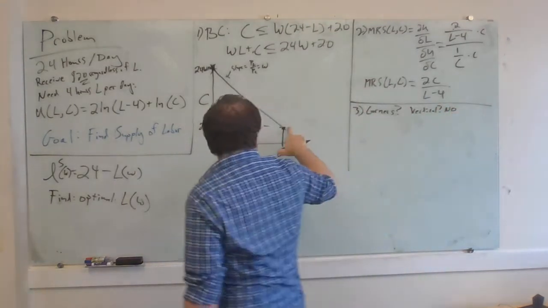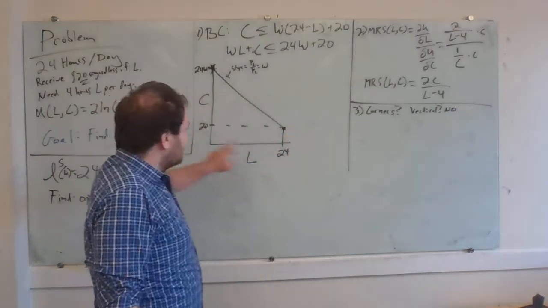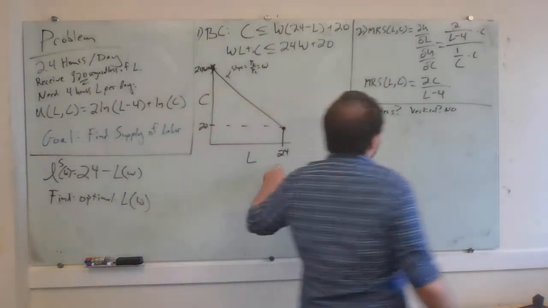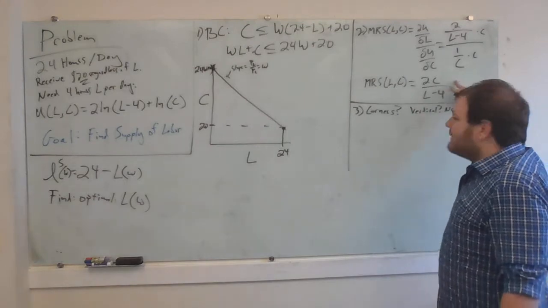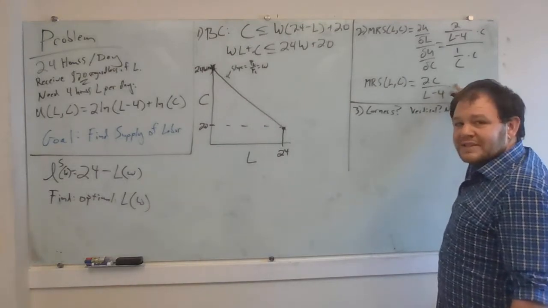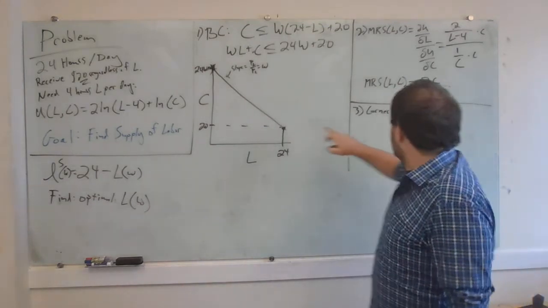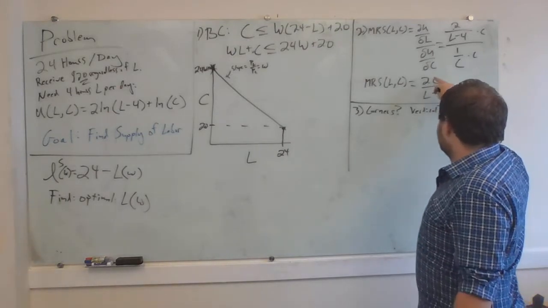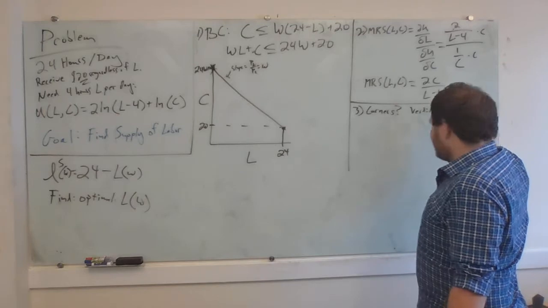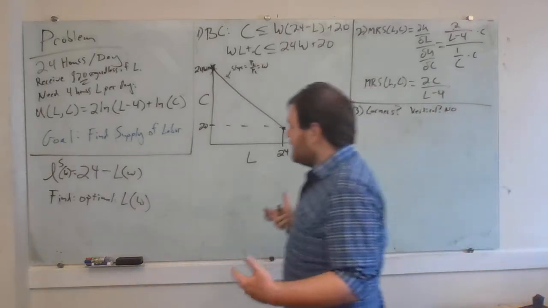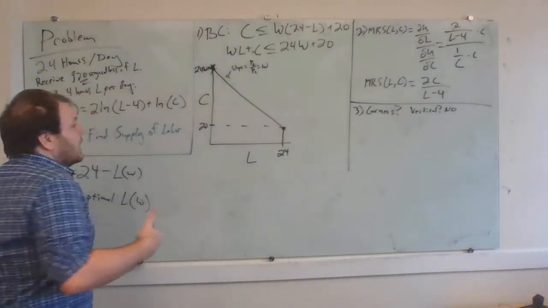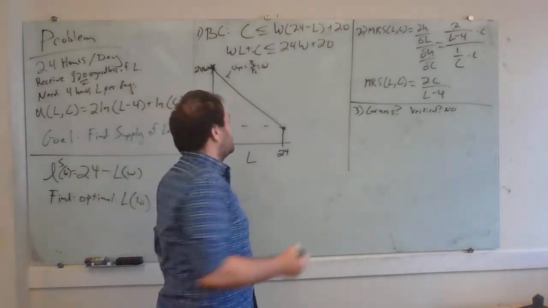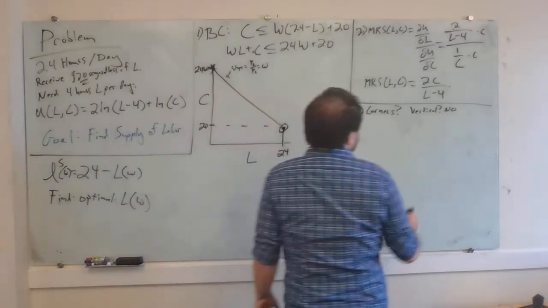Well, in our horizontal corner, we would end up with 20 units of consumption, 24 hours of leisure. We're not going to get an infinite MRS here or a 0 MRS here, because at this corner we're still going to be able to get some amount of consumption. We have an MRS of 20 times 2 divided by 24 minus 4, which is not obviously lower or obviously higher than our price ratio. So our horizontal corner